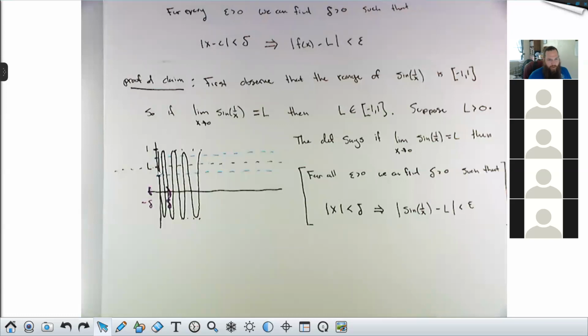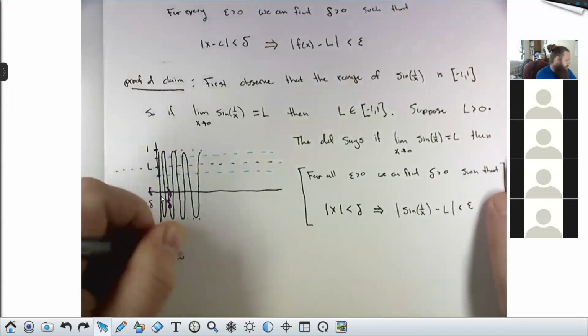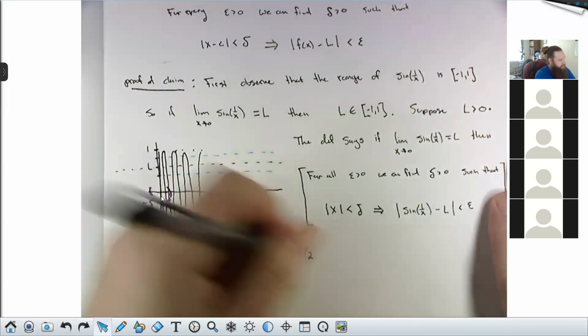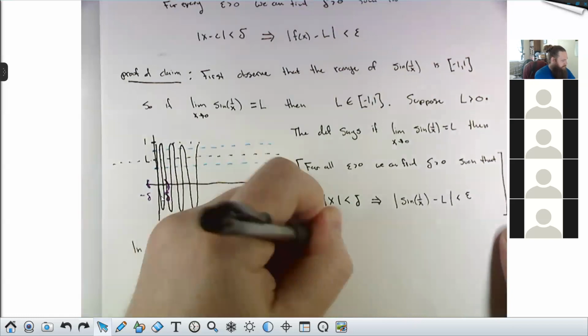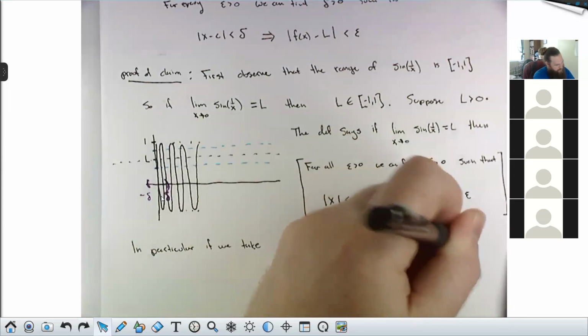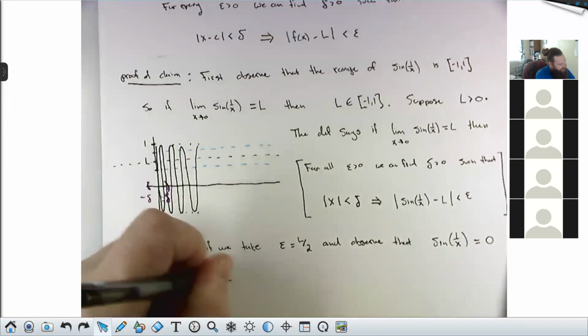In order to say this epsilon window isn't going to come all the way down to the x-axis, I need to take epsilon strictly smaller than L for sure. I could take it smaller than L over 2. That would do the job because L over 2 is right here. And that puts some space between my epsilon window and the x-axis. So in particular, if we take epsilon equal to L over 2 and observe that sine 1 over x is equal to 0 whenever x is equal to 1 over n pi,